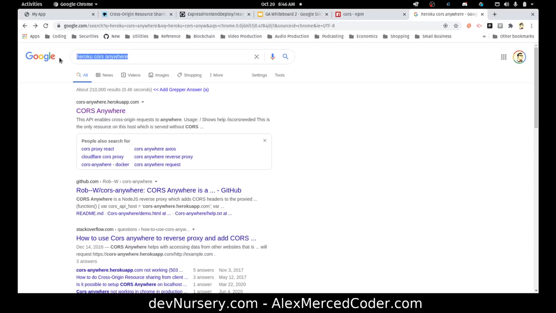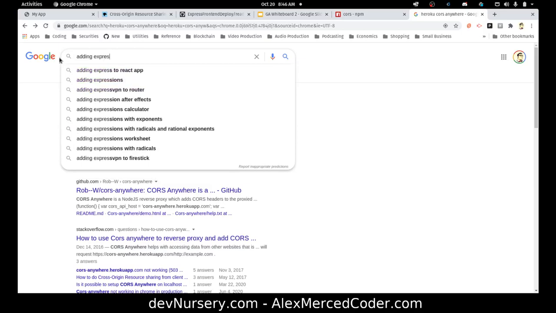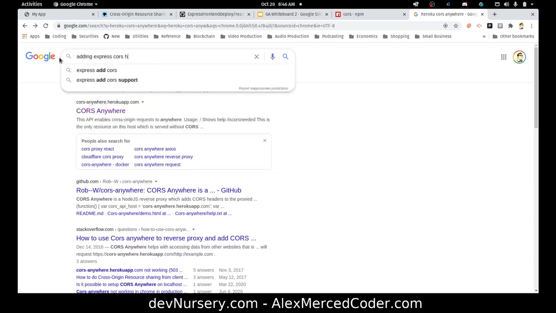Okay, and this goes for all backend frameworks, whether you're working on Ruby on Rails, Django and Python, Buffalo and Go, Java Spring, or in this case, Express in JavaScript. So in this case, if I were to Google adding Express CORS headers,